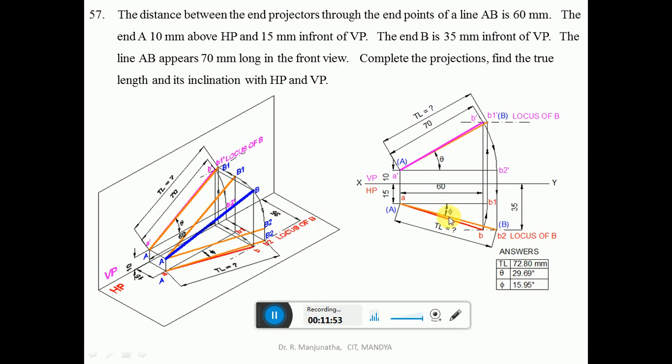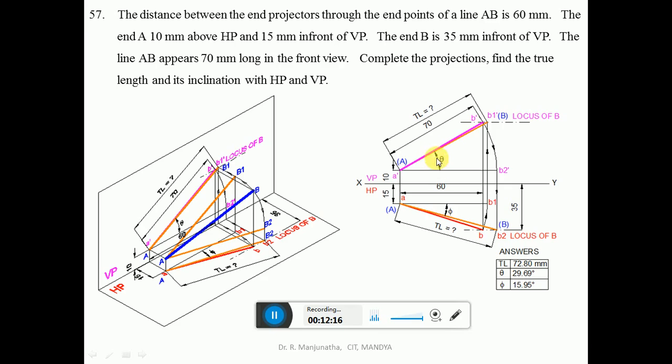Since this line is parallel to HP, we are getting the true length in HP. So we will write it as capital A and capital B. By using the scale, you measure the true length, which will be 72.80 if you are doing it in CAD. If you are doing it manually, it will be 73. And similarly, by using the protractor,